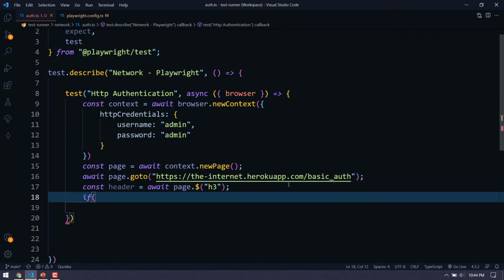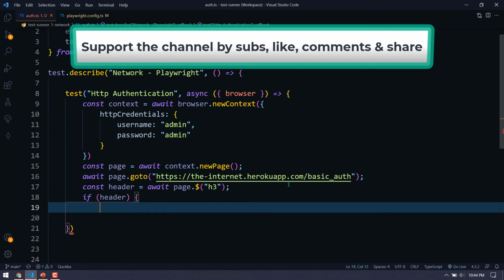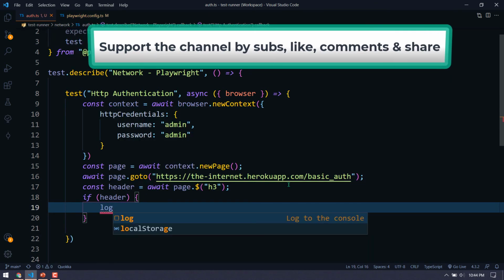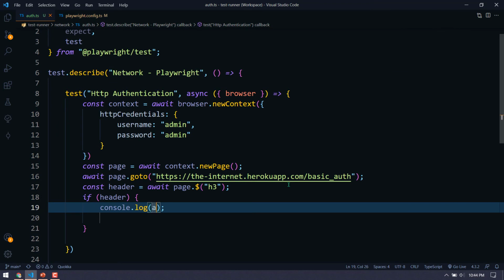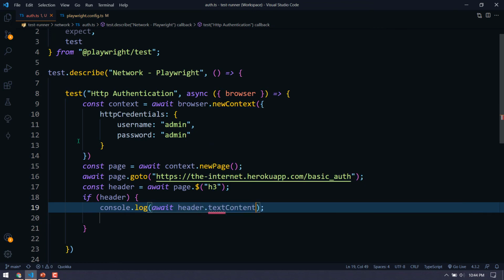And if there is a header, then we'll write a console.log, and then I'm going to say await header.textContent. Text content will give the text, whatever text we have.